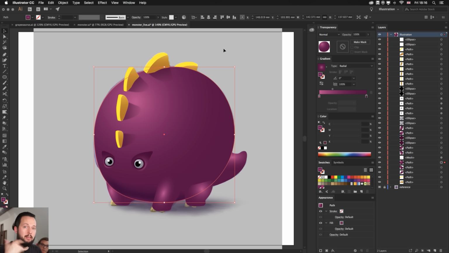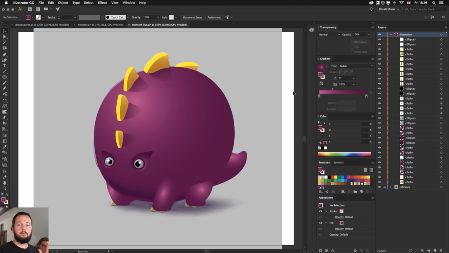So you just have to be aware of that fact. It's not a bad thing. So you shouldn't avoid using pixel effects at all. You just have to be aware of the fact how they work and make sure that you always increase the resolution at the end. Make sure you end up using 300 ppi or higher if you want, but you don't really need to go higher than that most of the times. Okay, so let's move on.